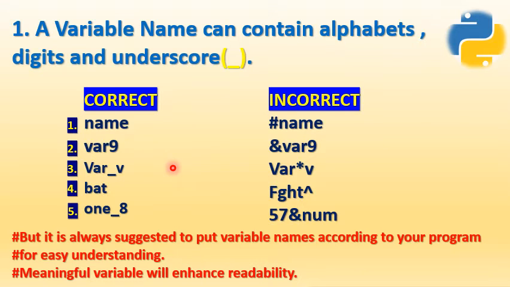For example, you are adding two numbers. In that you can use your variable name as sum. For the first variable, you can use num1, num2. So these are the variable names which are suggested if you are using them in your program, so you can make it more readable. Your program will be more meaningful, as meaningful variables enhance readability. For the viewer, for the user, it will be easier to understand your code if your variable names are meaningful.